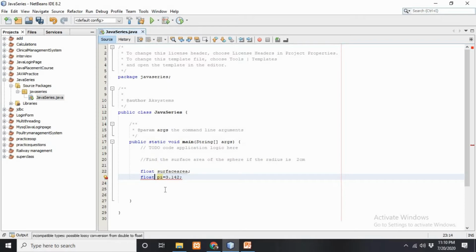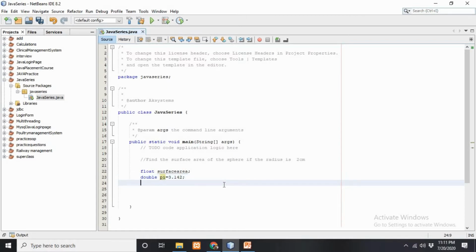So what I am going to do right here is just write double. Double is a kind of data type like float. It also stores decimal values, but the size of double is a little bit bigger than float. So the next variable I have created right here is pi.